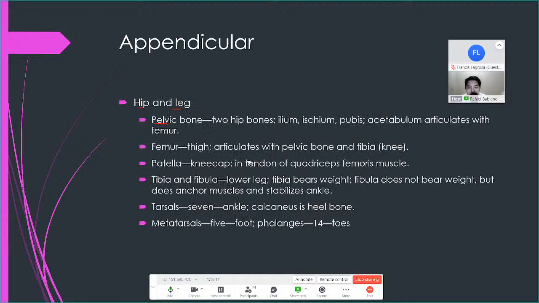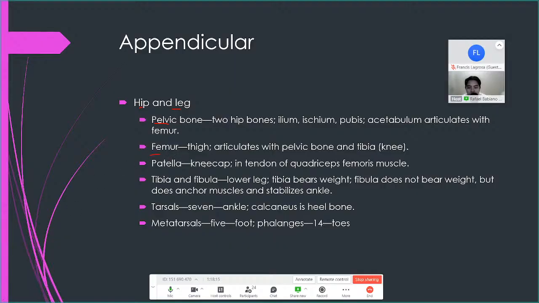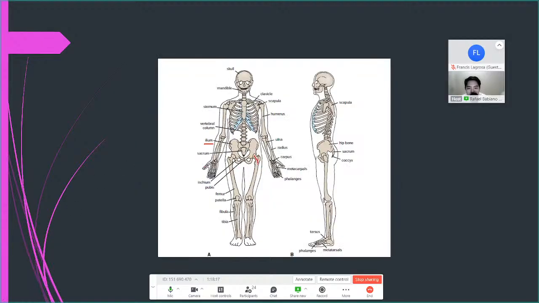Okay, and then we have the femur. The femur, trivia. This is the femur. This is the longest and largest bone in our body. Femur. What is the smallest bone in our body? Guys, smallest bone. Stapes. Stapes, sir. Stapes, correct. Okay. So the longest or the largest is the femur. Okay, your hip or thigh bone.